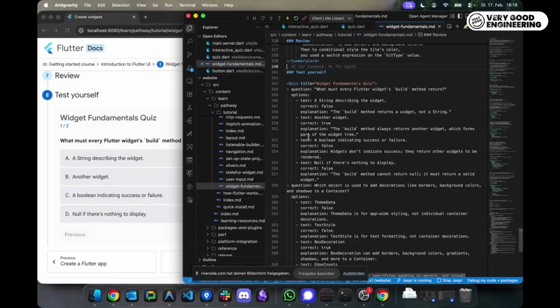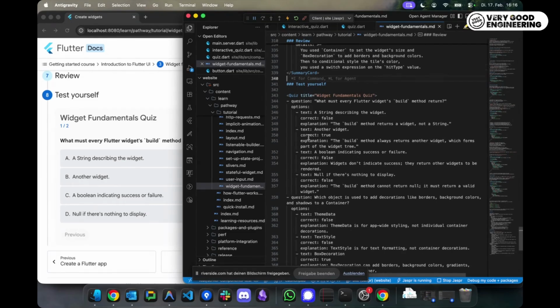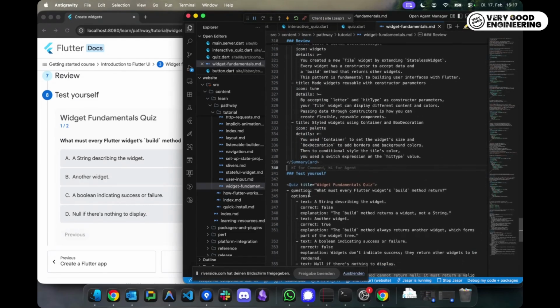Yeah, good point. That's part of this Jaspr content package that you can write Markdown, but you can also reference actual Jaspr components from inside your Markdown and pass parameters and other content to it. And thereby you can completely customize how you render your pages. That's a winning feature right there.